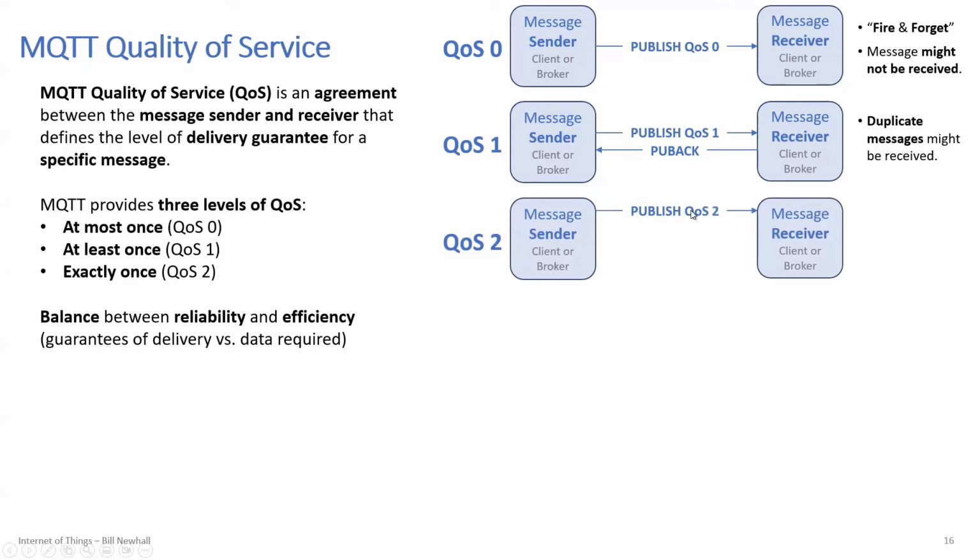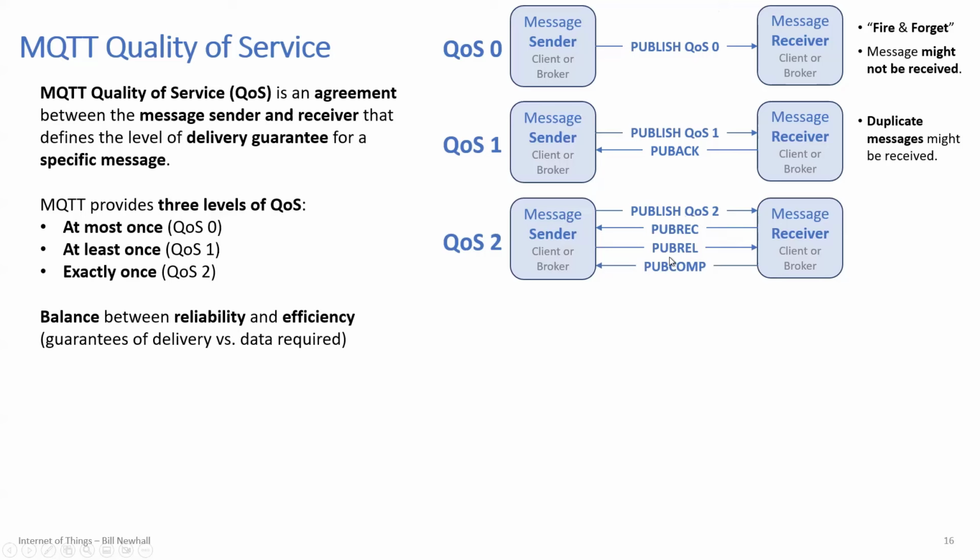So the sender publishes using a publish packet and specifying QoS 2. And then the message receiver says, yes, publish packet received. But the receiver wants to know, okay, did the sender actually get my PUBREC message? So the sender sends back, yes, I received the PUBREC, and then okay, publication's complete. So you see it took, instead of one packet